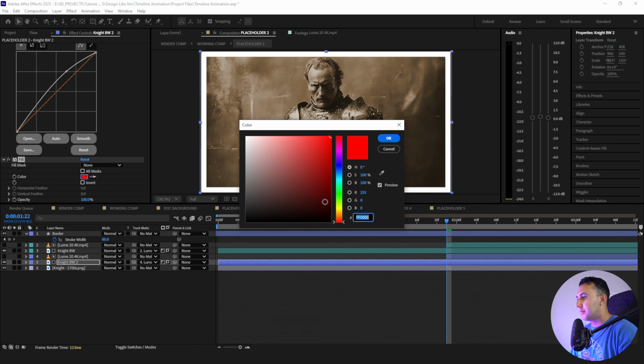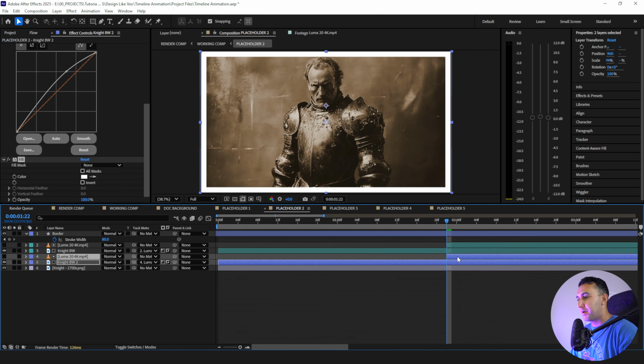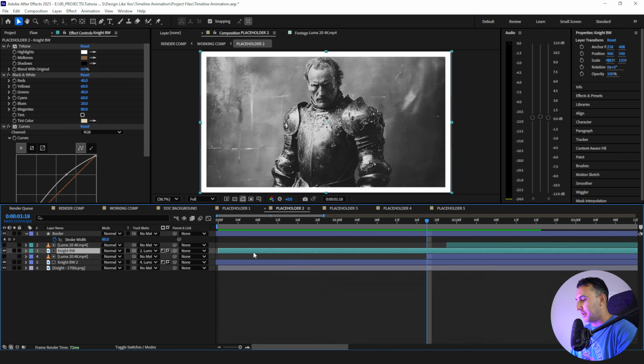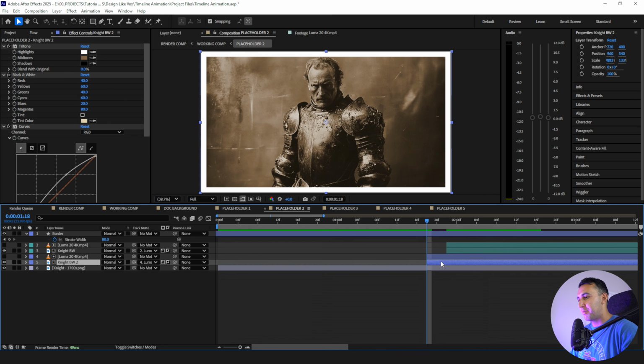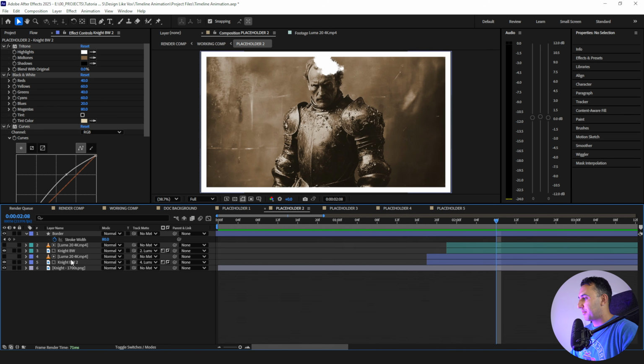I'm going to make it white. And then I need to bump this up like, let's say 4 keyframes. And then I need to trim these layers in so they're going to come up when they're supposed to. And then now they animate on in a really fun way. It's really cool. And you know, if we wanted to do something different, we could even do something where we